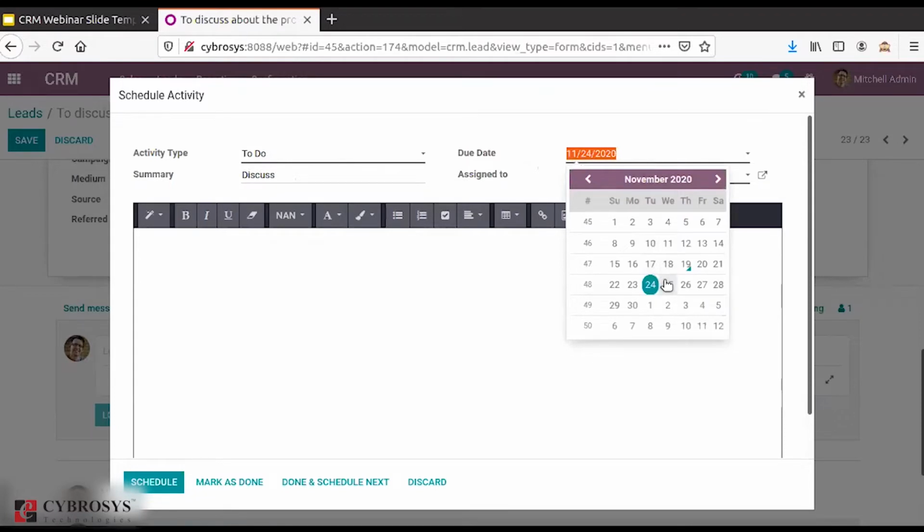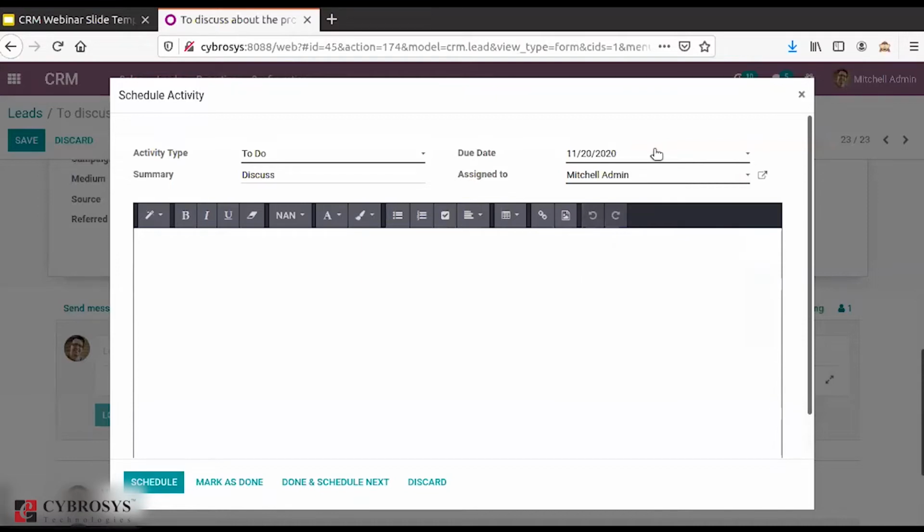Suppose I am planning to have a discussion for this lead tomorrow. What I can do is mention tomorrow's date and mention the assigned person. And here you also have a section to provide a description.